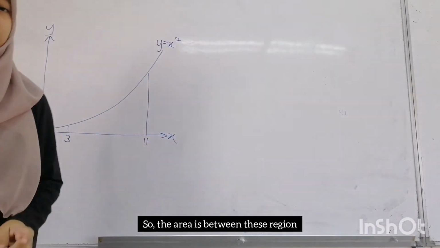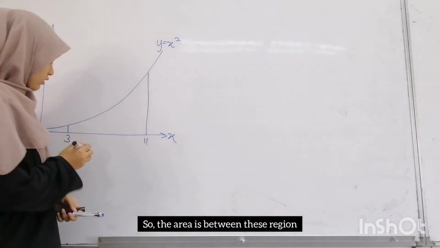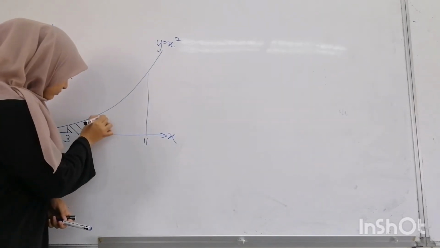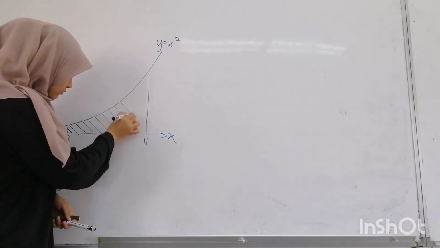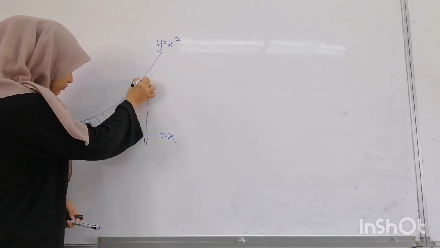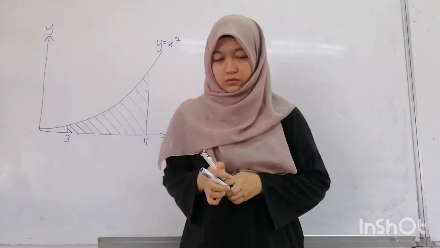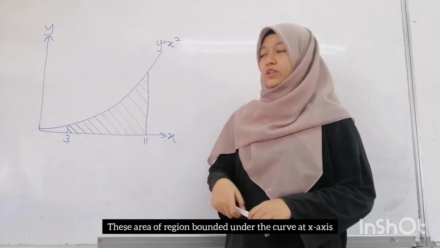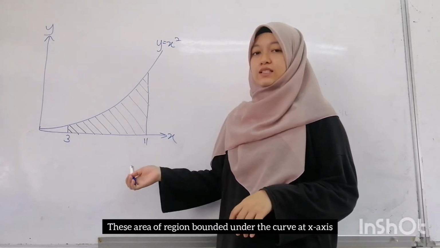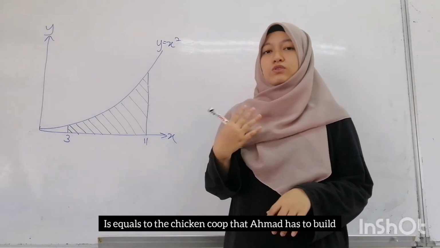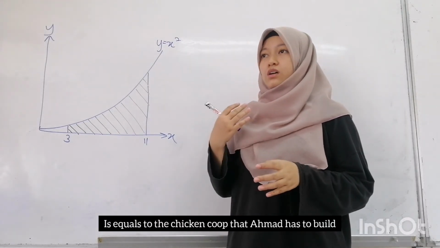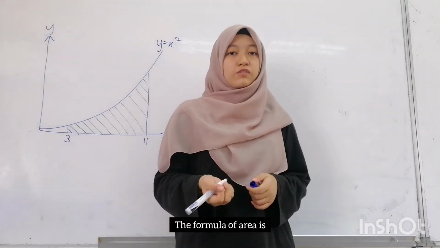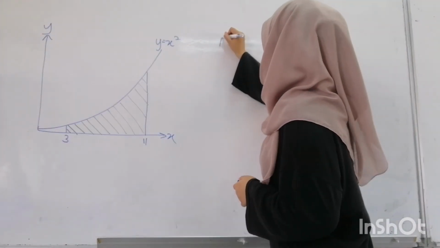So the area is between this and this interval. This area of the region bounded under the curve is equal to the chicken coop that Ahmad has to build. So the formula of area is